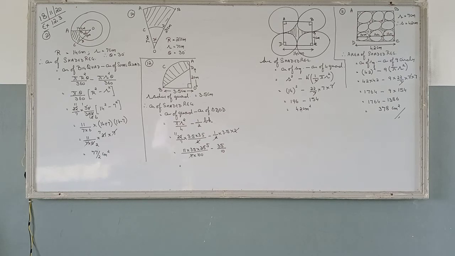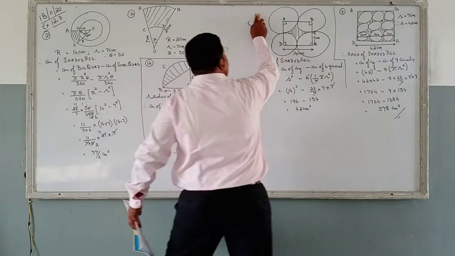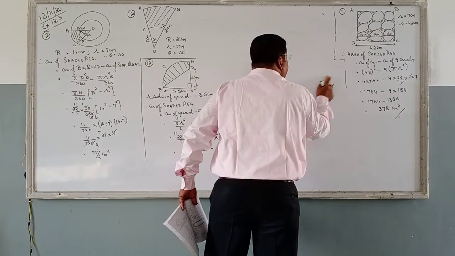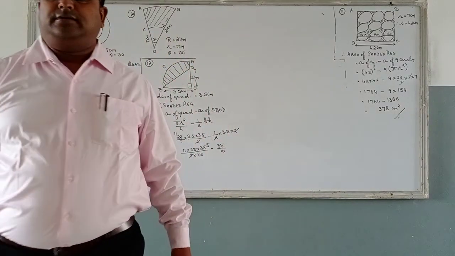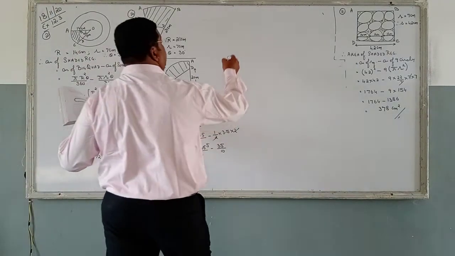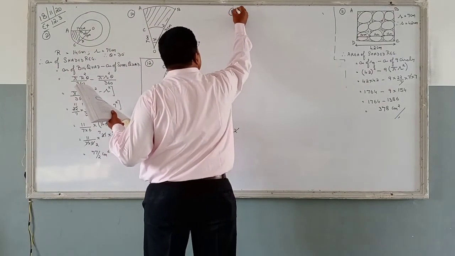Students, take a look at question number 13. Again you can see a square in a quadrant. Can you see that? Here also it was a quadrant with a triangle, and now in question number 13 you have a square circumscribed by a quadrant. Question number 13.